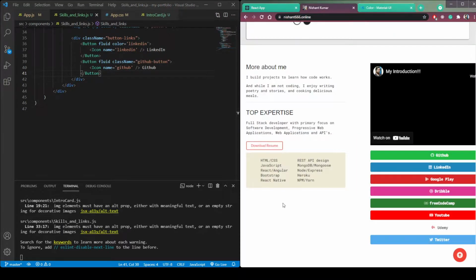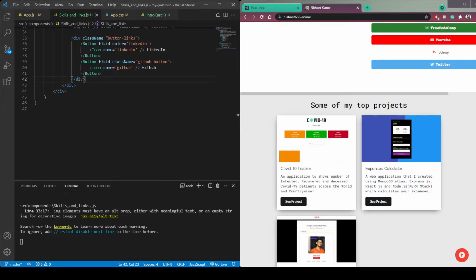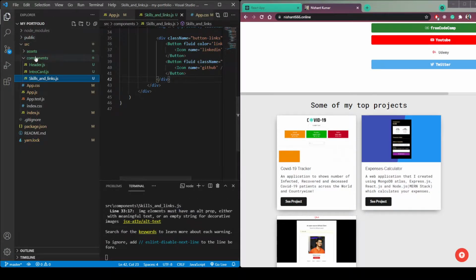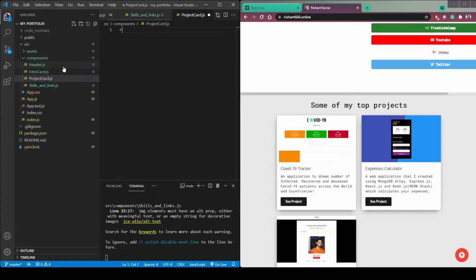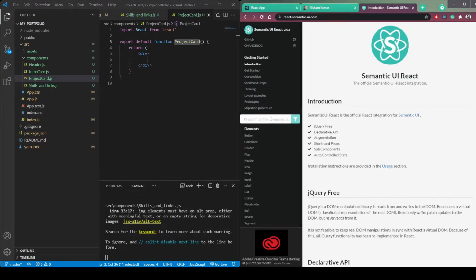Now let's work on our projects card. Create a file in our components folder, which will be, let's say, project card.js. Make it functional component, RFC. Then let's use the grid from Semantic UI to manage our project cards.